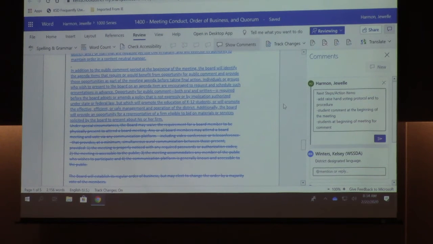I did make a note about students, and what might be a compromise to get us to consensus is saying that we'll add students, or say something about prioritizing student and staff comments at the beginning of the meeting for a period no longer than 60 minutes. Is that fair, or 30 minutes? I was thinking 30 minutes. Okay. And then all other comments would be at the end of the meeting, or during their agenda item, the traditional way.